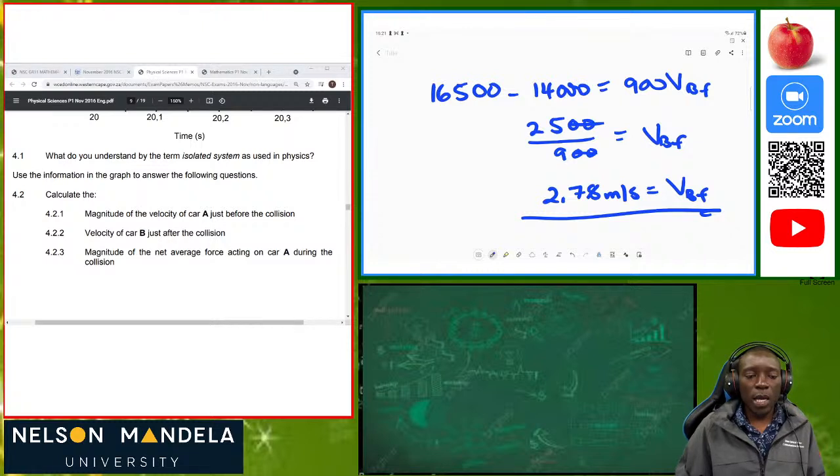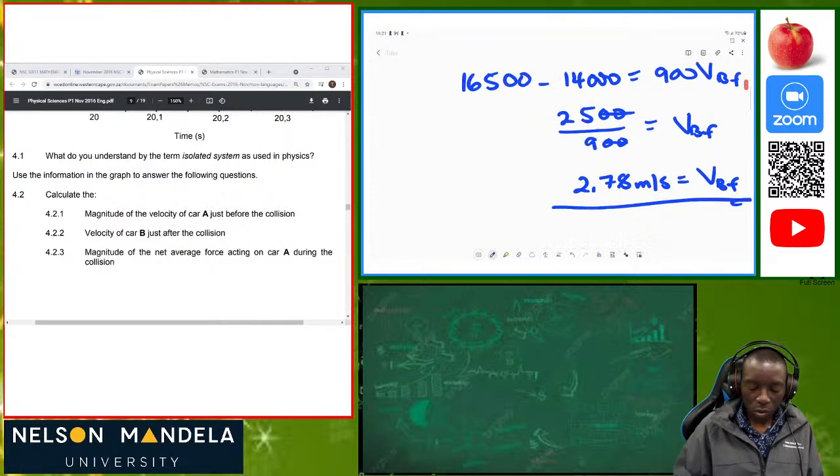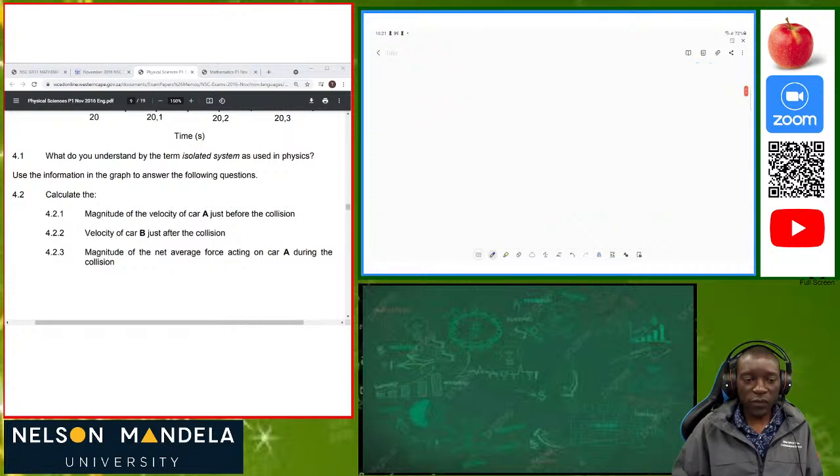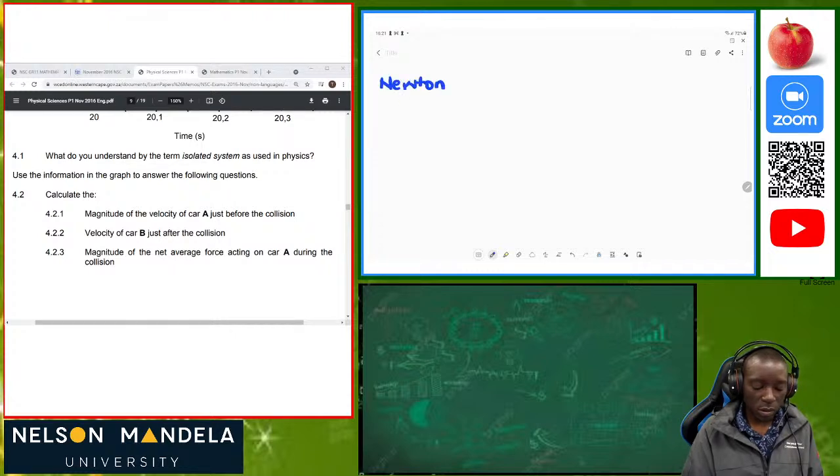Then the next part says the magnitude of the net average force acting on car A during the collision. The net average force that acts on car A during the collision. So what do you recall? For you to relate force to this, you have Newton's second law, right? Newton's second law relates force to the rate of change of momentum. In other words,